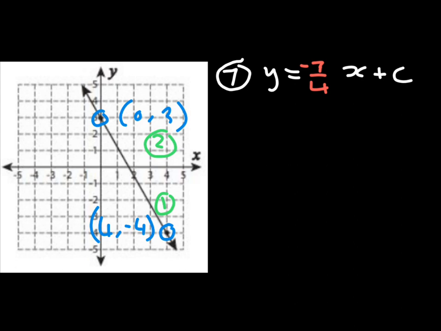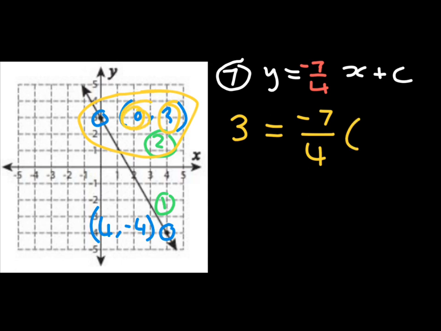Now we are just left with the task of finding c. To do that, we substitute in one of the points that are on our graph. So for this example, let's choose 0 and 3 as our point to substitute in. So for that point, y is 3. We just rewrite the formula, but we are substituting in values for x and y. So for this point, we said that y was 3, and x will therefore be 0. So we substitute all of that in, and we get that